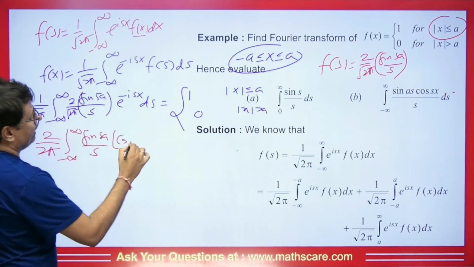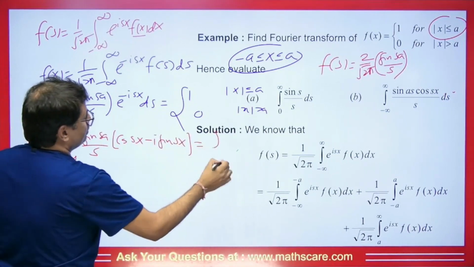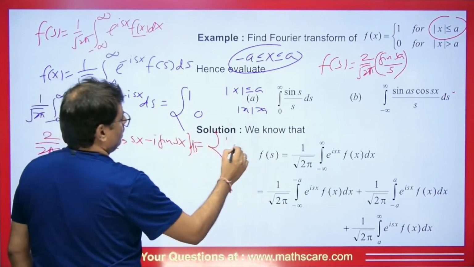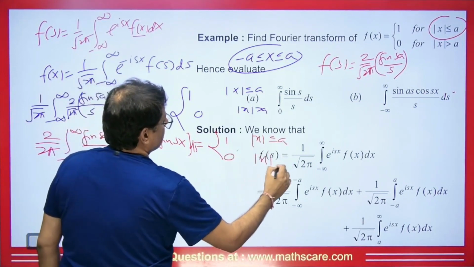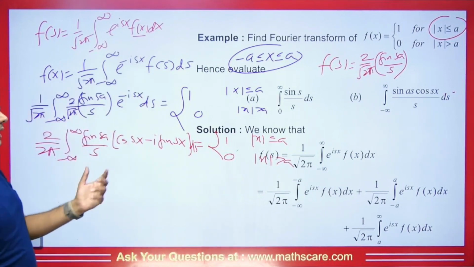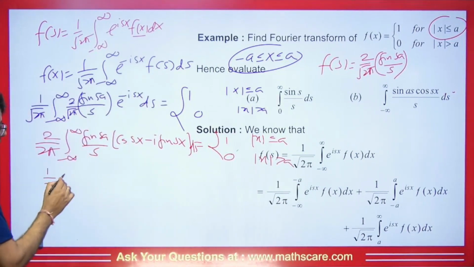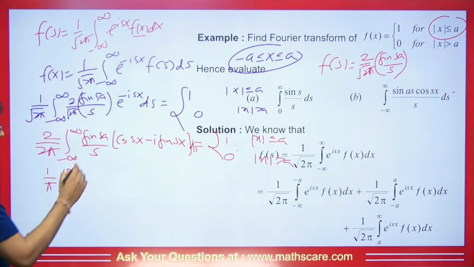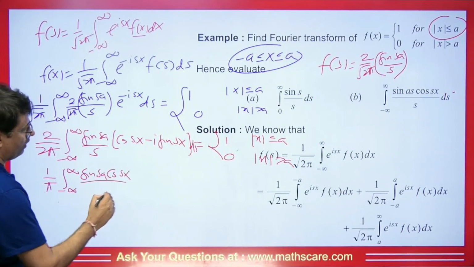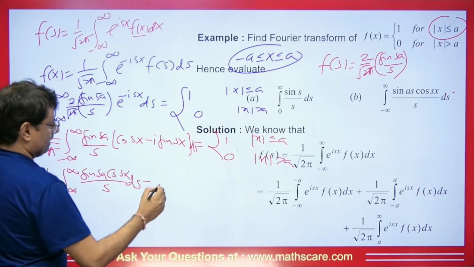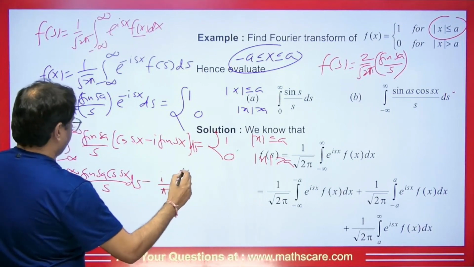And if I solve this, we will get the value as cos(sx) minus iota sin(sx). This will be multiplied by ds. And we will get its value as 1 where mod x is less than or equal to a, and 0 where mod x is greater than a. We will separate real and imaginary parts. 2 is cancelled out, so it will be 1 upon pi, limit minus infinity to infinity, sin(sa) cos(sx) upon s ds. And here we will write minus iota upon pi, limit minus infinity to infinity,